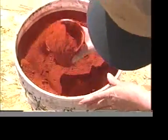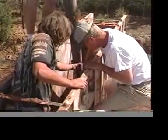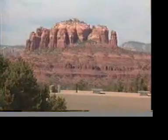The Arneys were so excited about their new home that they helped make the walls by adding earthen pigment to the pour. We are going to be on the platform today sprinkling in additional colors to get some striations in the concrete to try to mimic a little bit the striations in the natural red rocks. I mean, we certainly can't beat Mother Nature, you know, in her color, but we're trying to mimic it a